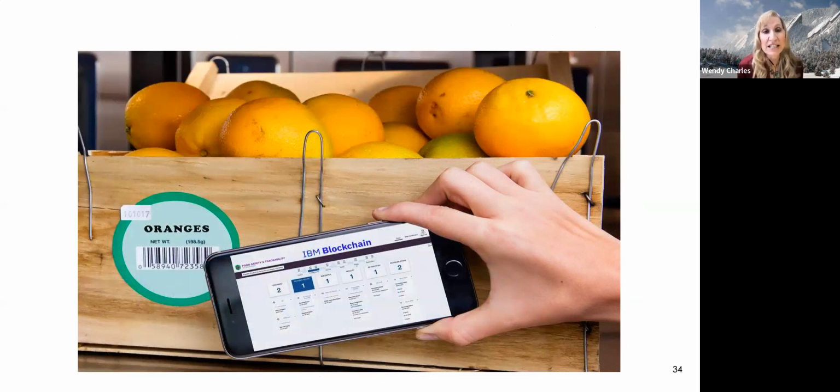And Walmart implemented this in 2019, September 2019, for its produce for lettuce. And now the produce manager can just pull out a smartphone and scan a barcode or QR code in order to learn exactly what farm that box of produce came from and what day it was picked and who shipped it, in order to have much more traceability and safety in the food supply.